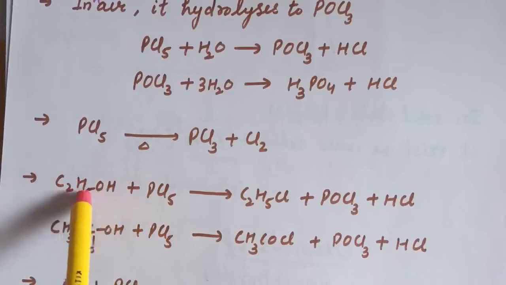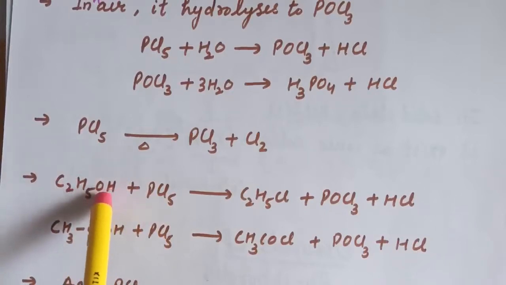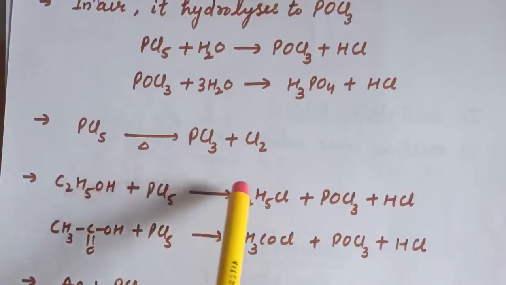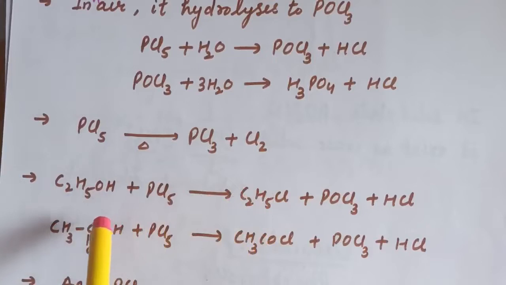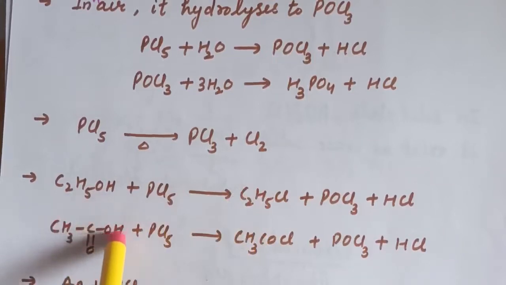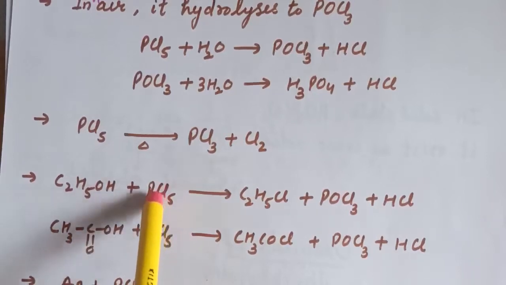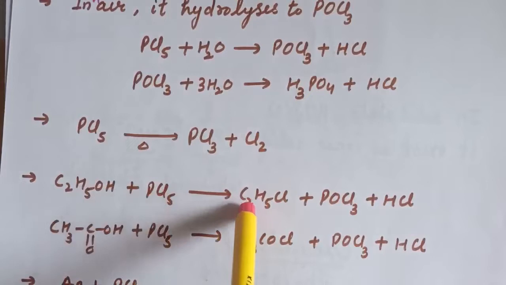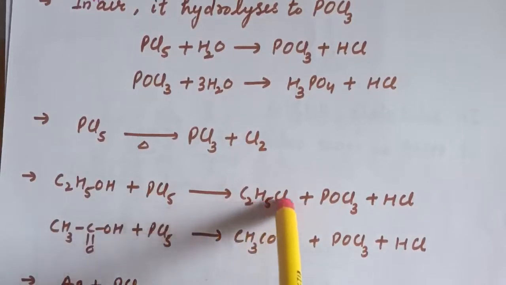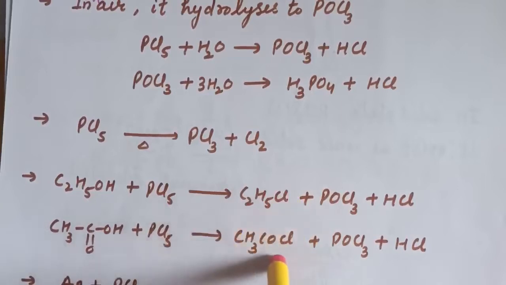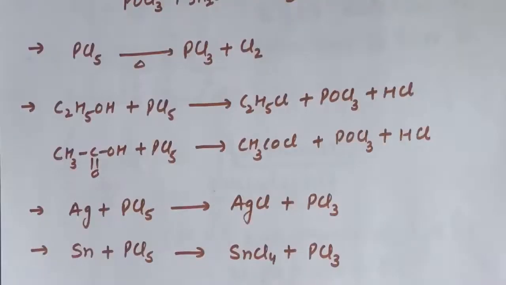So again this is our ethanol and this OH group is replaceable. When we treat this C2H5OH with PCl5, this OH group is replaced by Cl. Similarly, in case of acetic acid, this OH group is replaced by chlorine of this PCl5. So from here we can say that it is also used in the preparation of some organic compounds, because again this C2H5Cl, ethyl chloride, is an organic compound and this acyl chloride is also an organic compound.